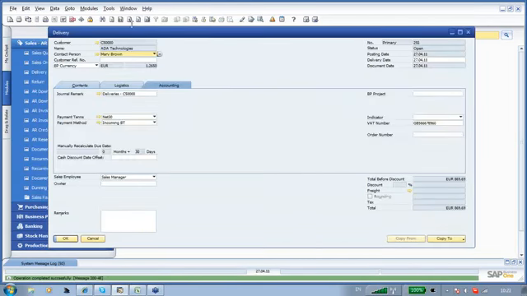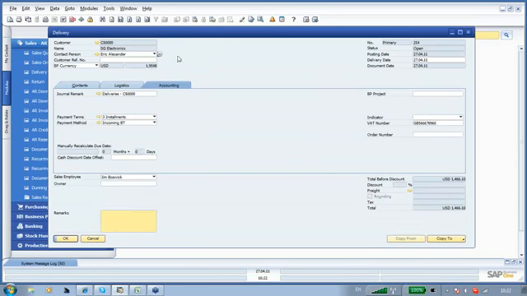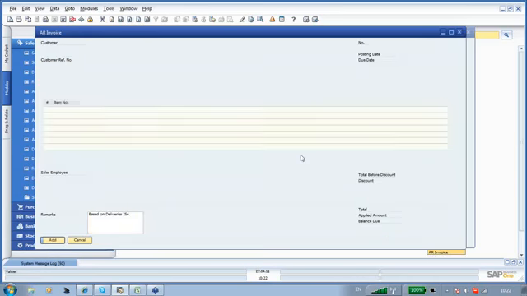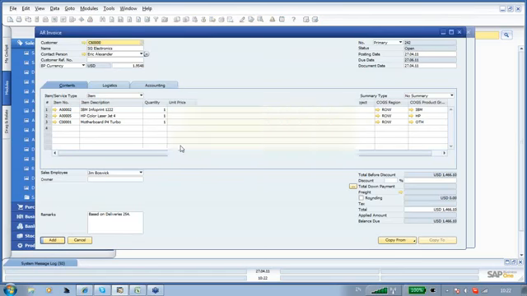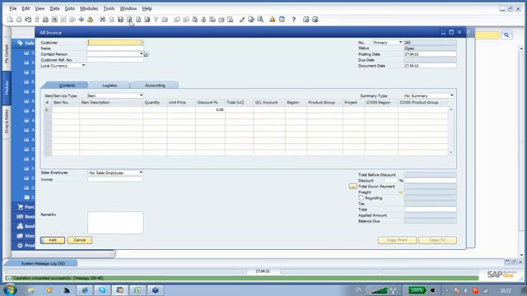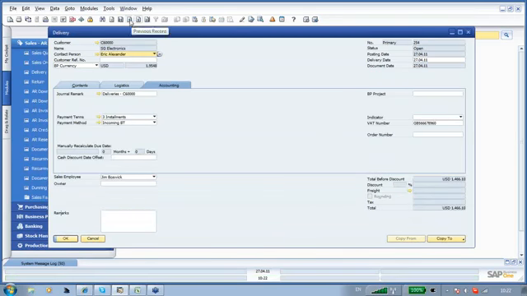Okay, and similarly I'll go back and add this one to an invoice. Now, the other thing that I'll just show you in a moment when I get back to my first delivery is,